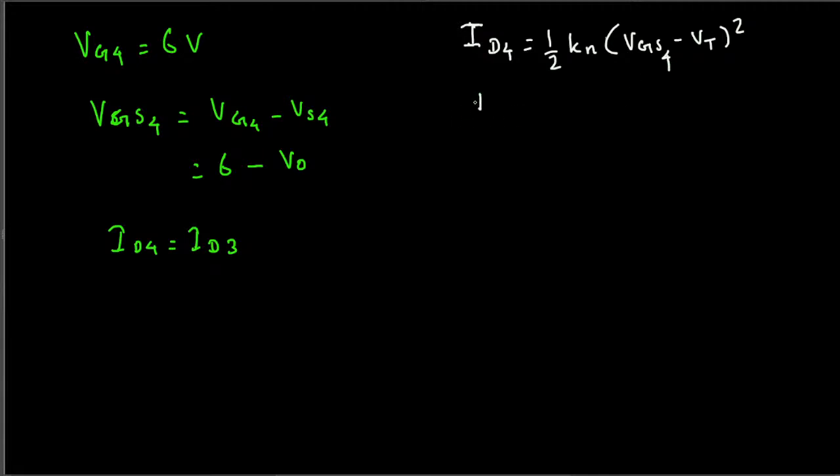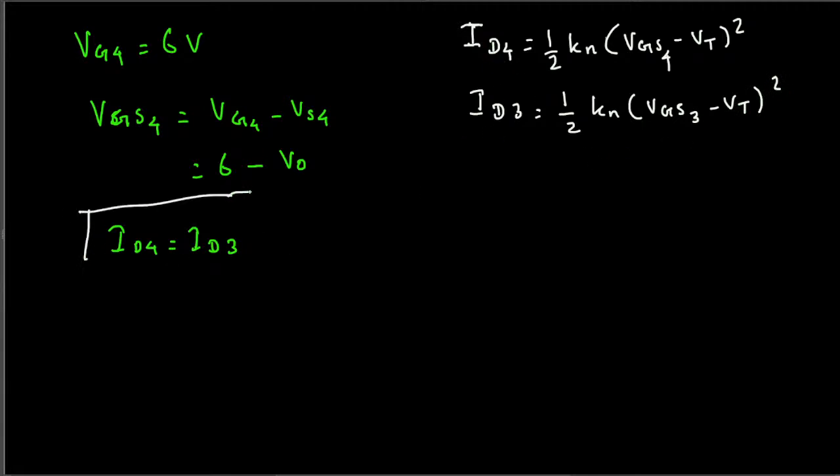And ID3 has the same equation. The only difference is here we will have VGS3. The V threshold is equal for everything, and Kn is equal for everything. So this is half Kn VGS3 minus Vt whole square. And since ID3 is equal to ID4, we can say these two are equal, and you see these two terms cancel, like half Kn cancels. We will end up having VGS4 minus Vt whole square